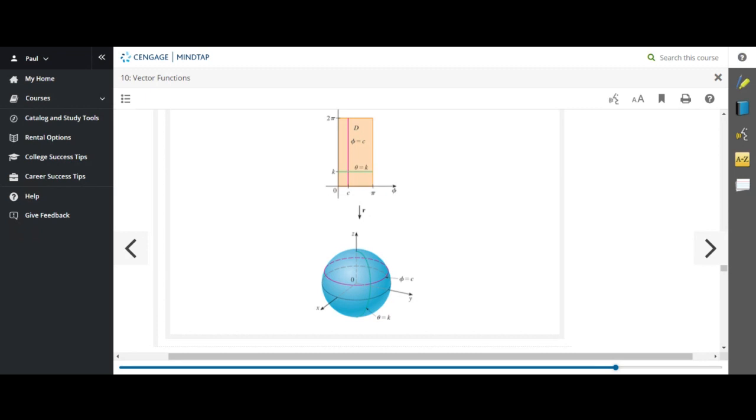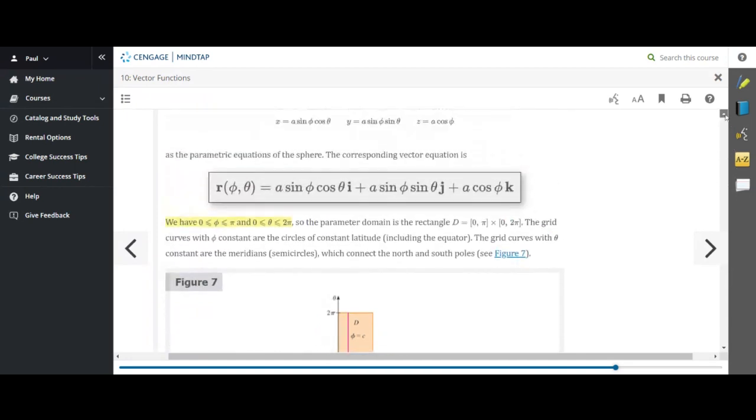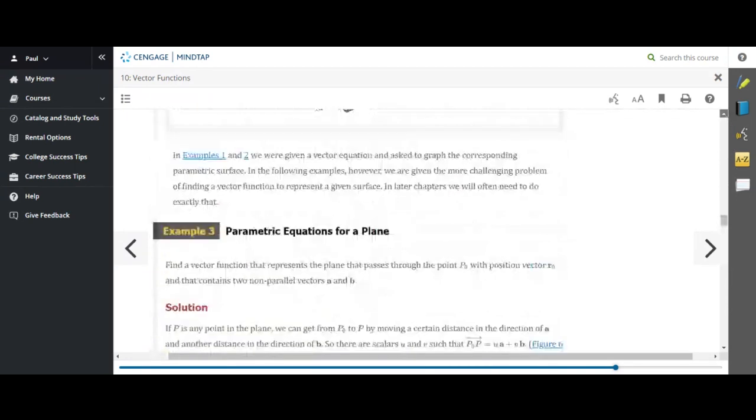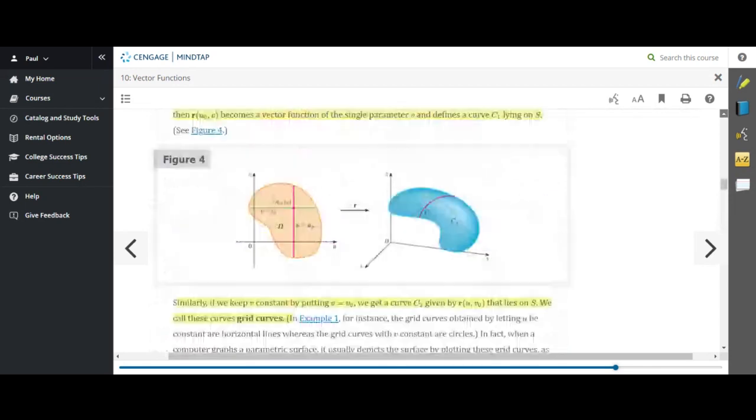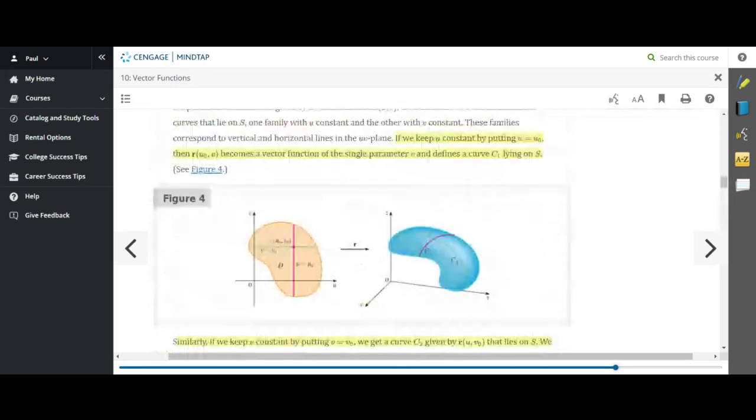Okay, are there any questions on that? Okay, so it's really important to be comfortable with this concept, because it's going to come up a lot. This is the general idea here, that if you have a